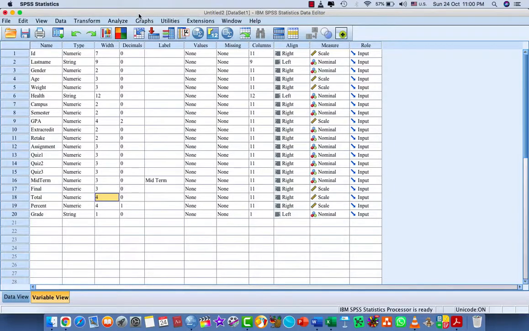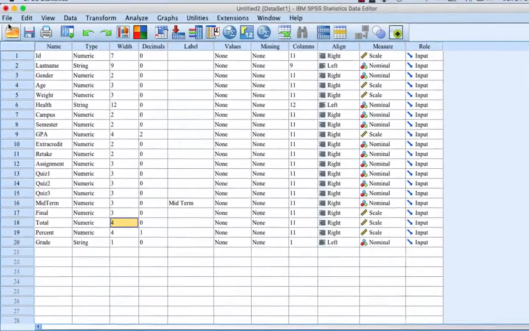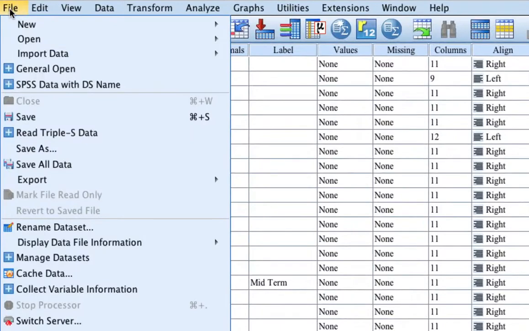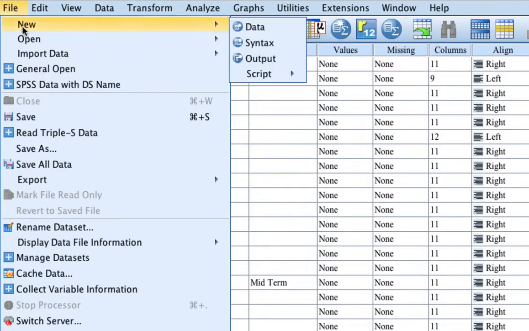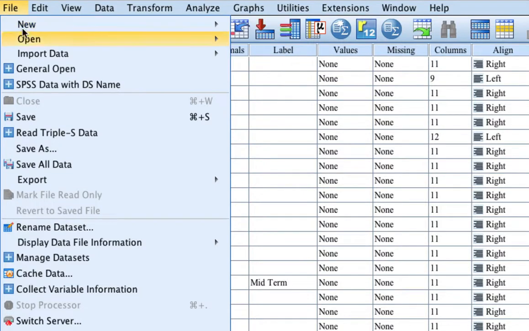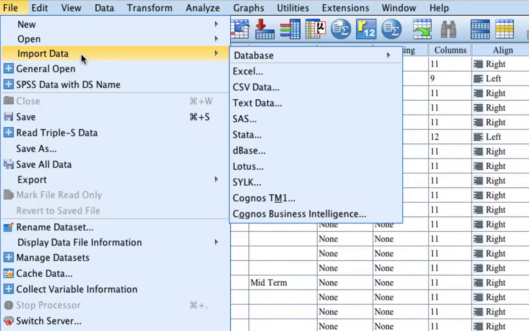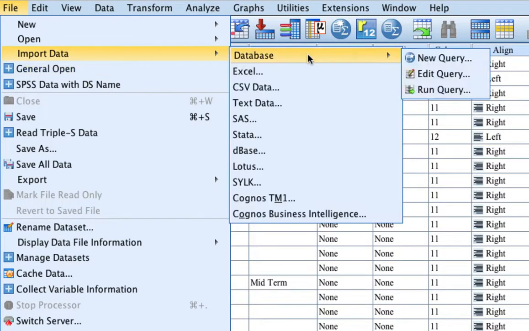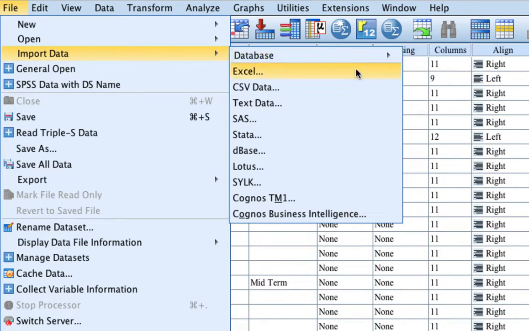Now in the data editor window we have a file menu. This file menu has some unique commands and some different commands which are not available elsewhere. In this we have a general open, import data from the database, new query or edit query, run data in Excel, CSV file, and you can take files and retrieve the data from these files,